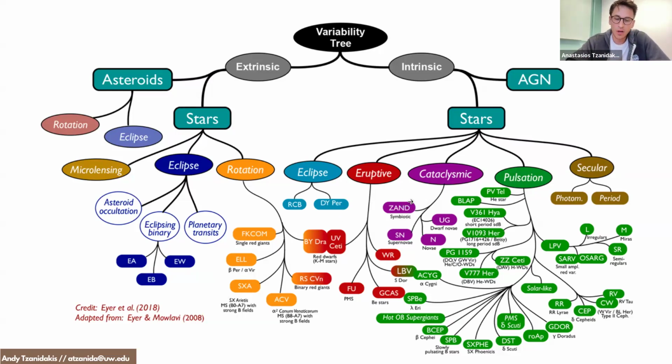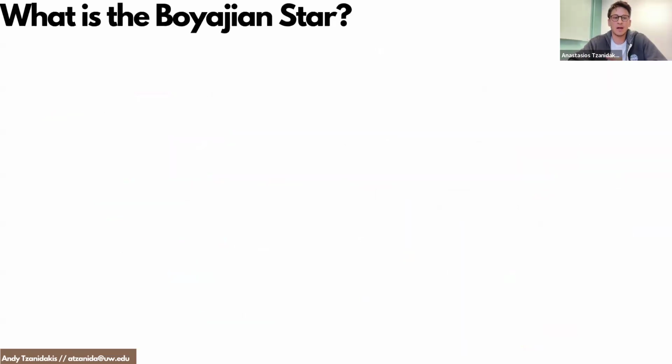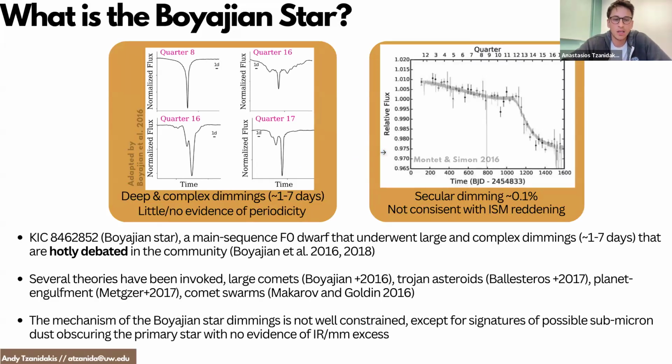In order to talk about main sequence Dippers, I want to take us back a little bit and talk about how this came about. This first originated from the Boyajian star, which was back in the Kepler Space Telescope days. Back in 2016, right around the nominal end of the Kepler survey,